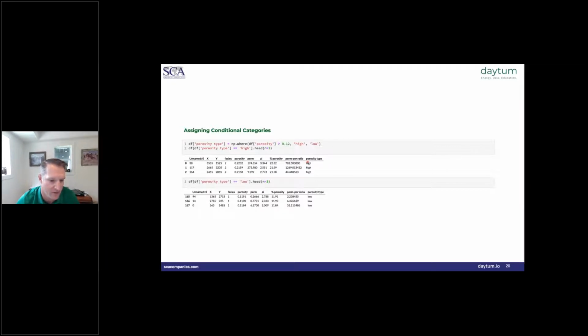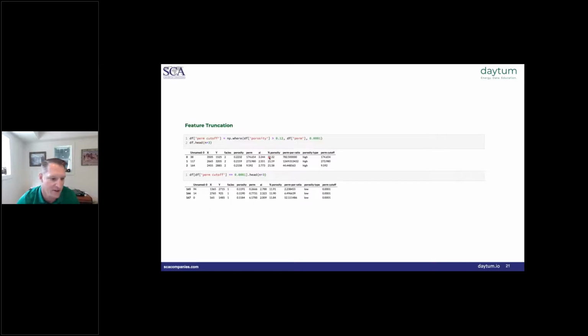So if I print off the first 3 rows, you'll see, in fact, that because the porosity is greater than 0.12, we get the label high. And we have to go down to the 165th row before that condition is not true. Then if we print off the 3 rows there, we see that the value low is labeled. So again, this allows us to evaluate whether this is true or false across the whole column in one command, and then assign high or low to it, right? So it's very compact syntax.